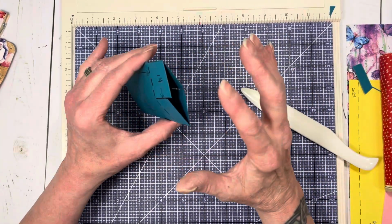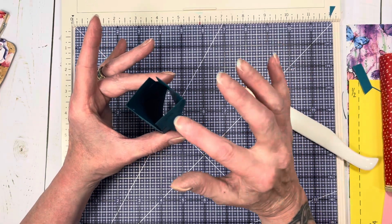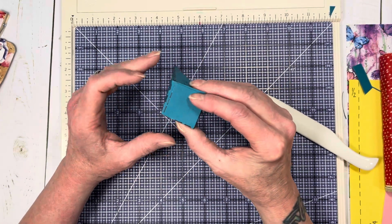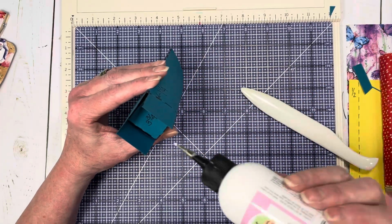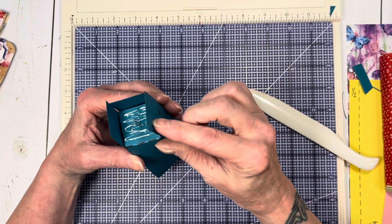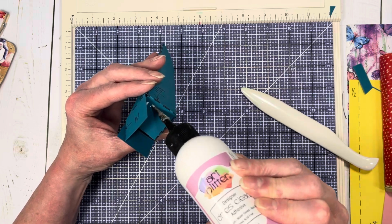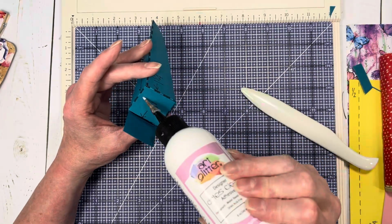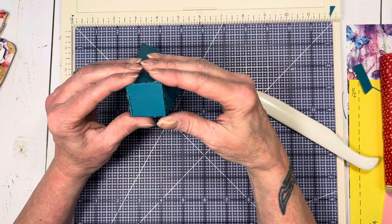Then what you're gonna do is, you have the bottom here. You're gonna kind of pinch it at the scores so that it opens up and makes that square. And then you're just simply going to put your pieces down, and then that makes the bottom of your little gift bag. So what I'm going to do is put some glue on that, and then fold that tab down, a little bit of glue, fold that down, a little bit of glue, fold that down,